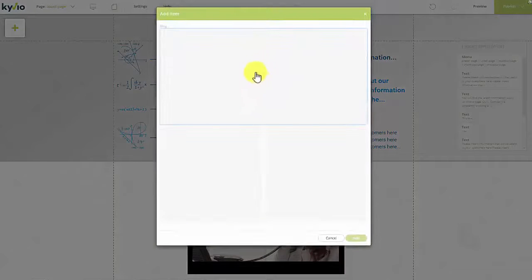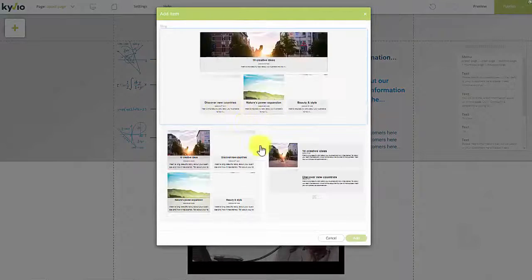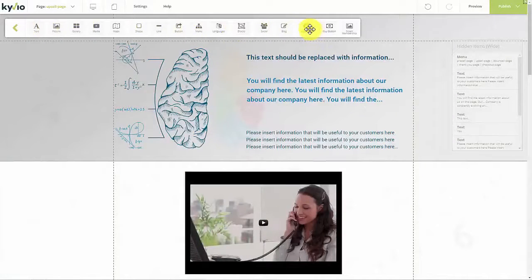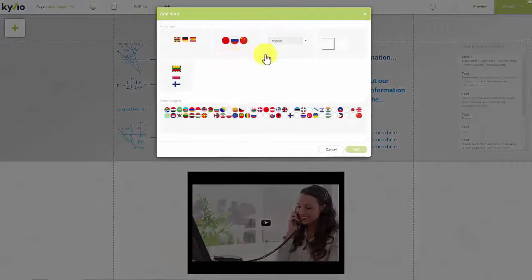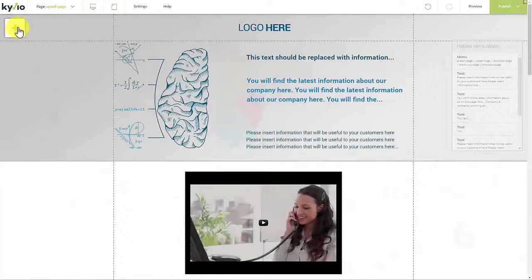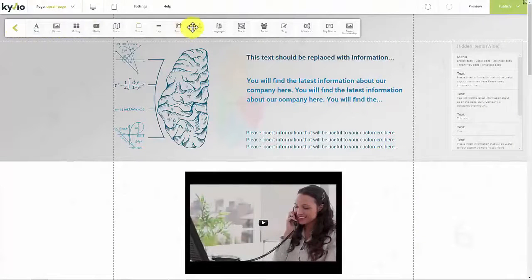So if I click on this, for example, you can sort of put a blog type in here too, which I wouldn't really recommend for a funnel anyway, but you could have one. Then we've got a buy button and smart membership. I'll come to that in just a second. But there's languages too. So if I click on languages, you can give people the option to choose one or different languages. Now this is in beta at the moment, and eventually we'd be able to provide translation in multiple